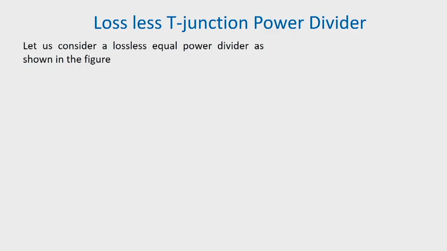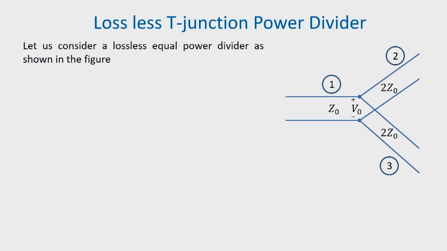So, we now consider the lossless T junction power divider. Let us consider a lossless equal power divider, and the circuit is shown in the figure. Here we see that we have 3 ports 1, 2 and 3,